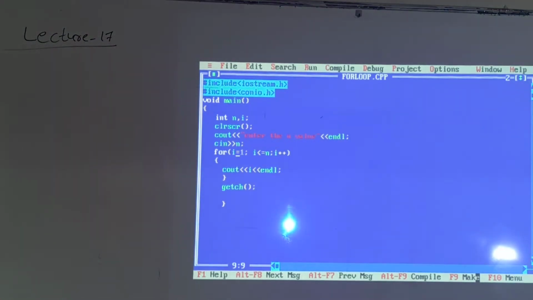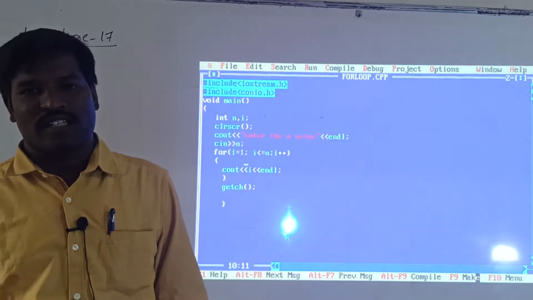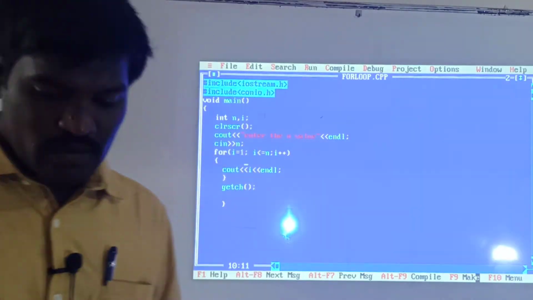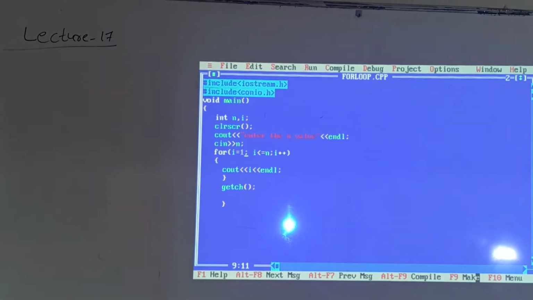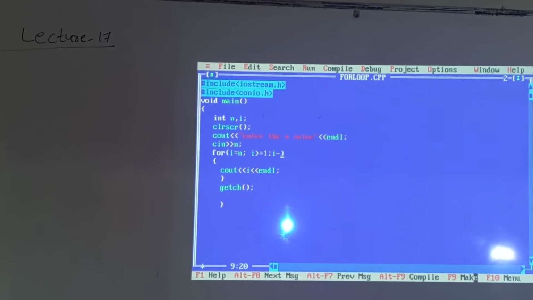Next, I can reverse the printing order. The program is to print the numbers in reverse order, that is from n to 1. From n to 1 means instead of 1 here, you can mention n and change the condition: i >= 1, and every time i will be decremented, remaining as it is.